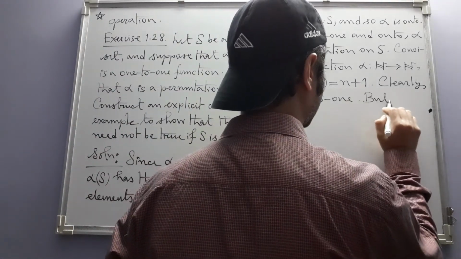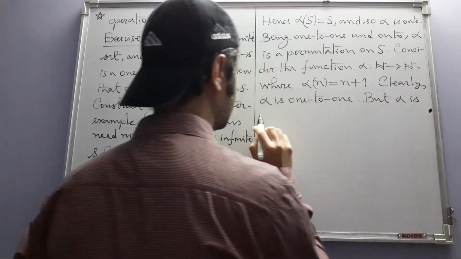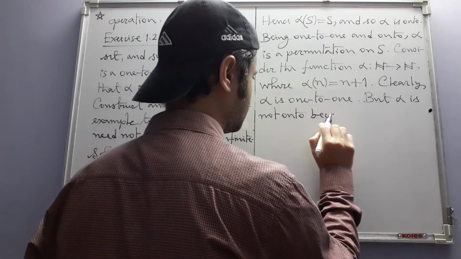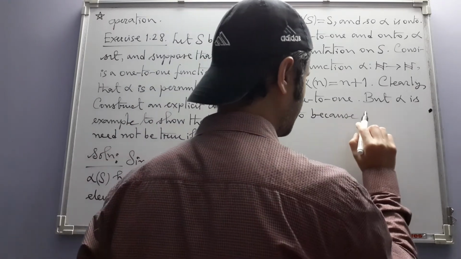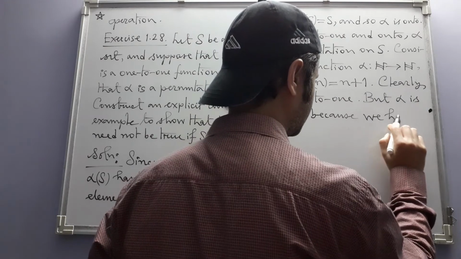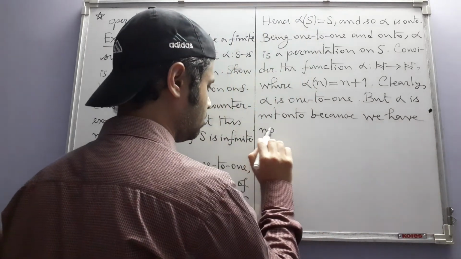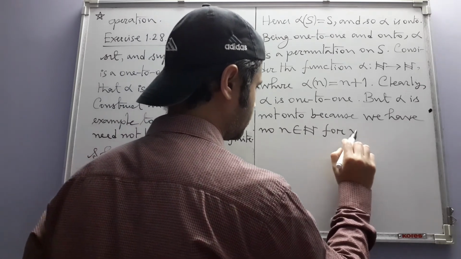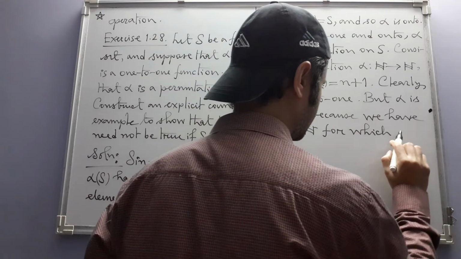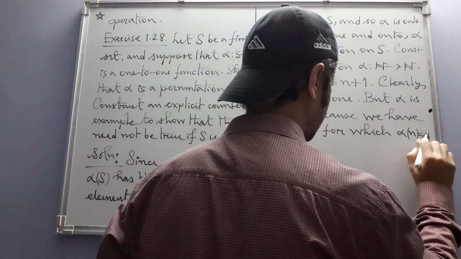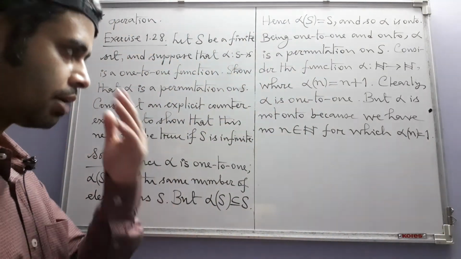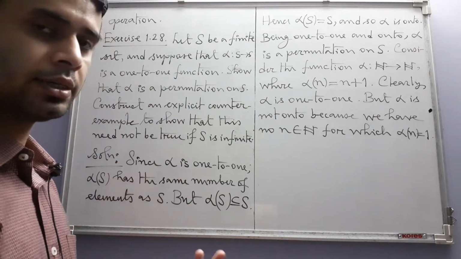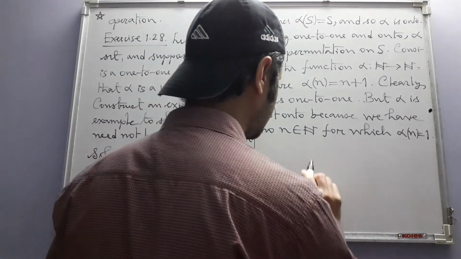But alpha is not onto, because we have no n belonging to N for which alpha of n is equal to 1. So the element 1 does not appear as the output for some input. There is no input that gives you 1, and this function